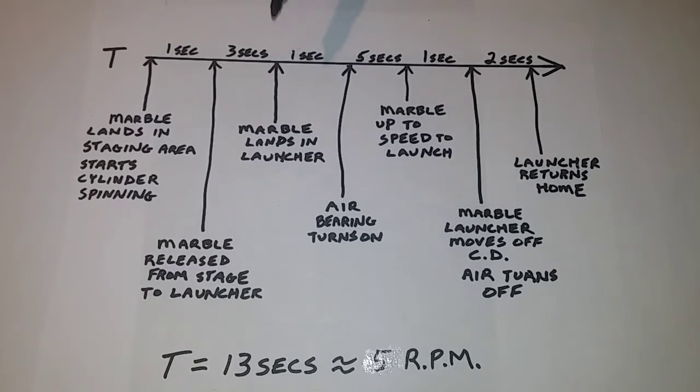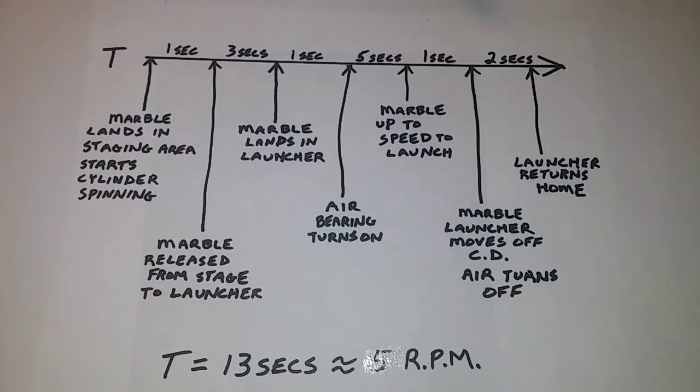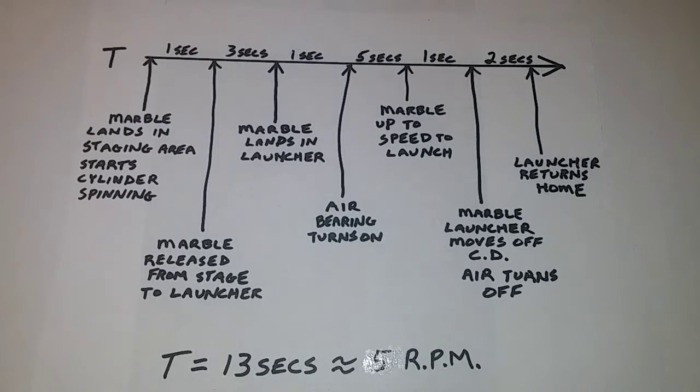Obviously, this could be instant, but I'm giving myself a second. So all in all, the time is 13 seconds if you add this all up, and that 13 seconds has to be spread out over the course of 360 degrees. It only ends up being around 5 RPMs. That's a slow spin to make all these things be able to happen in a sequential order,